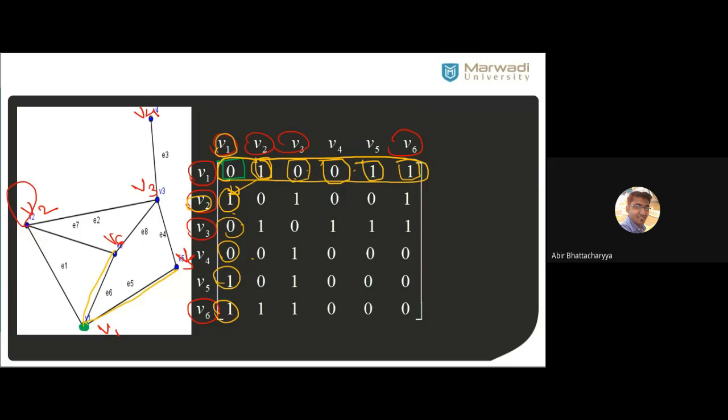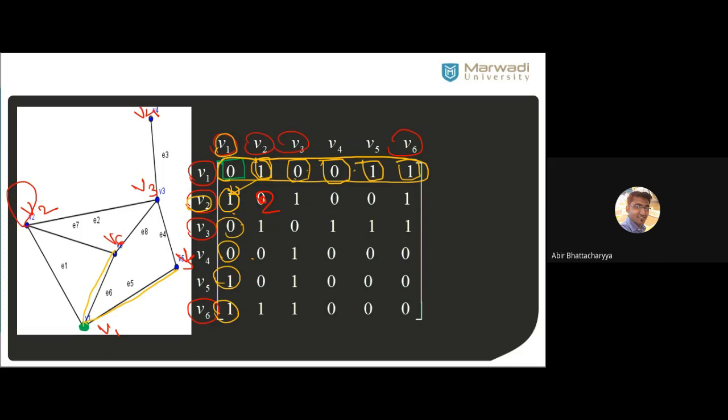If I have a self loop at any point, a self loop means it goes from V2 to V2, and again in another direction V2 to V2. So I have to count 2 times. What's the degree of a self loop? 2. So you have to put 2 on the diagonal. If I have a self loop, we have to put 2 on the diagonal, not 1. These are some exceptions. Generally it will not appear in your exam, but just try to remember.